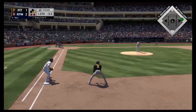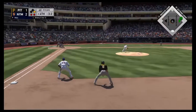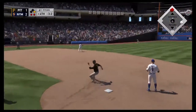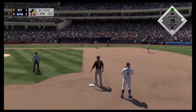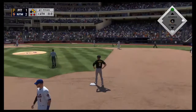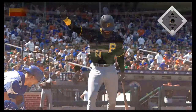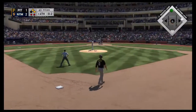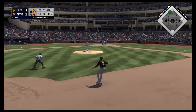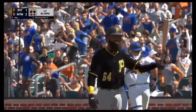The runner on first will be moving, so we'll see what happens. There are a lot of possible outcomes with this kind of play. Line drive to left. In there, a base hit. Ready for another shot now. Derek Simmons, as he'll look to bring home that tying run from second with a base hit into the outfield. Swung on and missed, and that's the final out